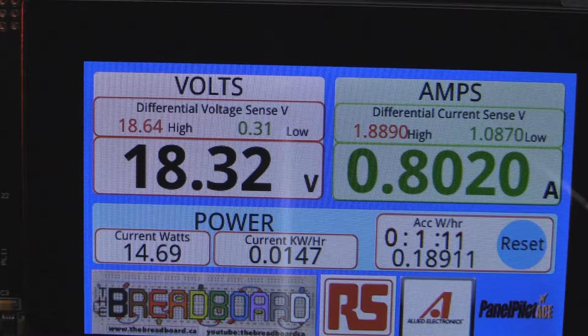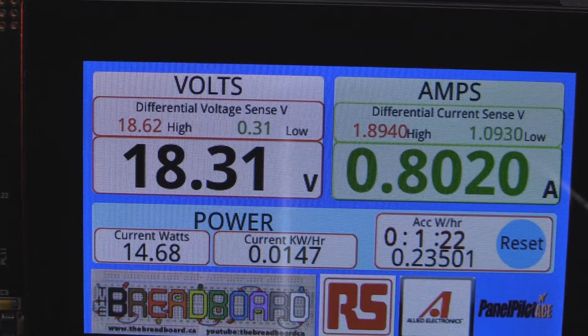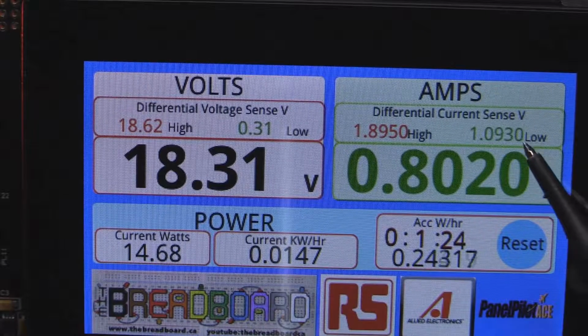So it's basically about 15 watts per LED chain. Not quite 20, but about 15 is what you should be able to handle. So I'm pretty close to it there now. And as you can see on my low side, I've got a whole volt, just over a volt now, dropped